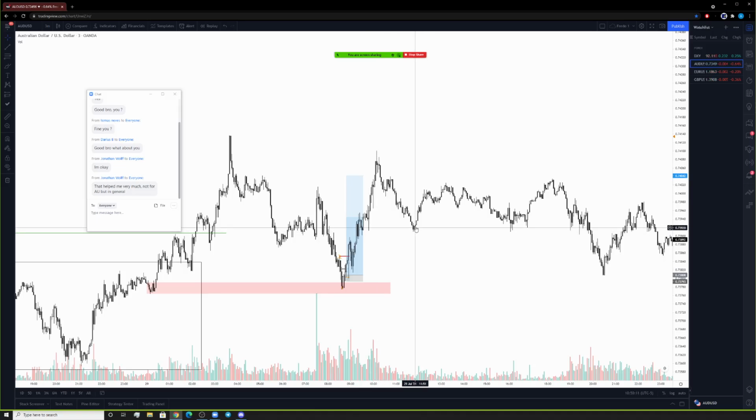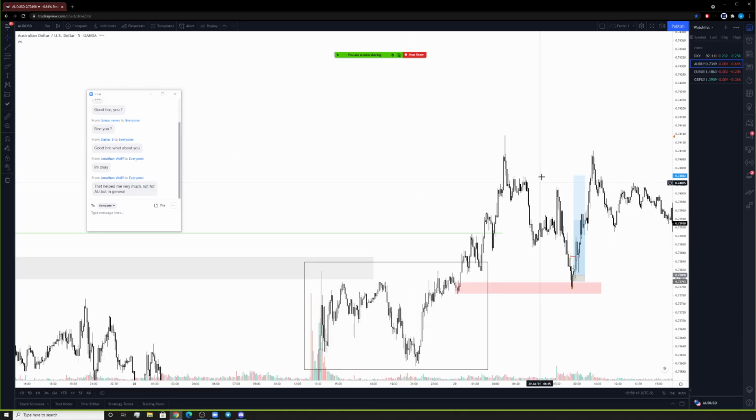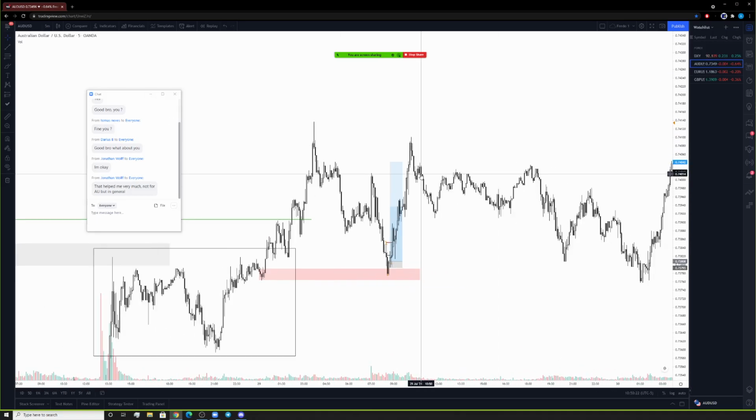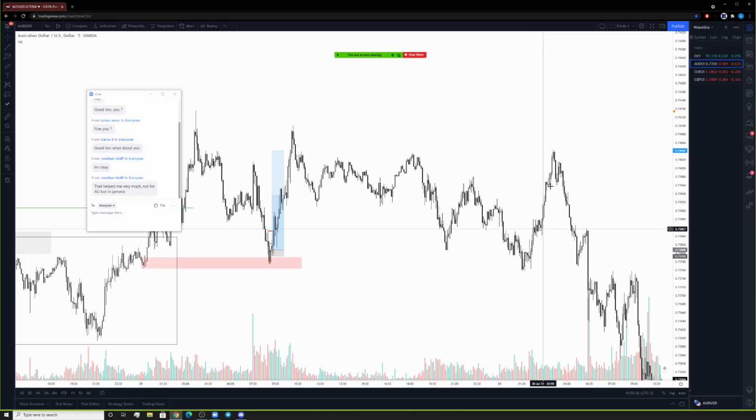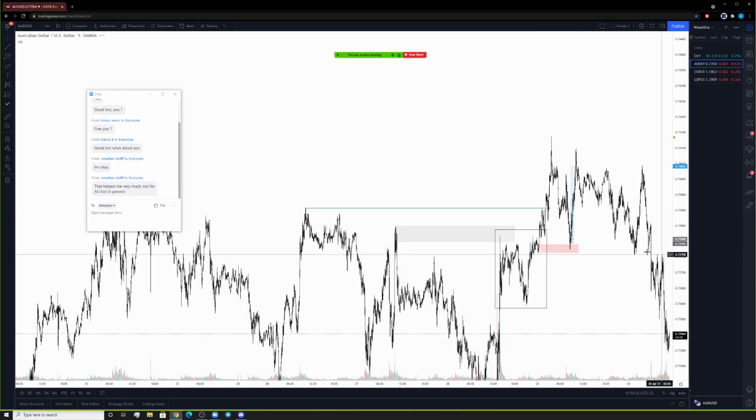Unfortunately, I'm not looking at the charts at this point. This is like when I'm doing other stuff with my day. But unfortunately, this is what leads to a potential POI here, and then it's met again, and it is not broken, as you can see. This now creates a bearish structural leg, and that's what causes the break even and a whole ton of mess.